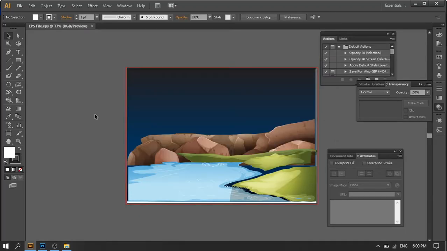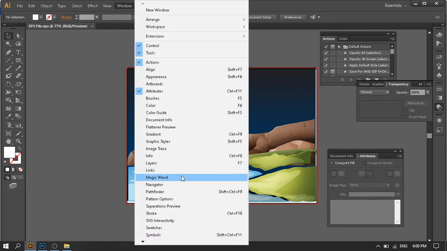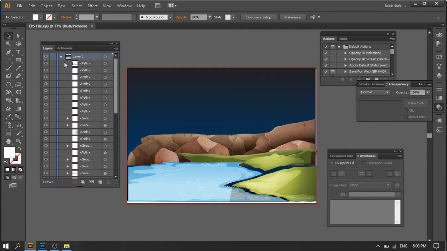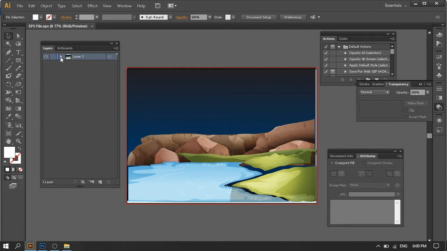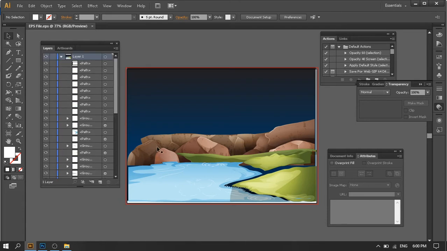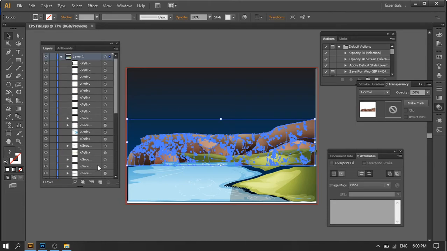Now, I want to work on this EPS file in different layers in my Photoshop. So what is the process? That I will tell you. First of all, open the Layers window from the Window menu. In this Illustrator software I am showing only one function here, that is Layers. When you open the layers and drop down this arrow key, you'll find there are a lot of layers. It means these objects are already divided into different layers, so no need to do anything.